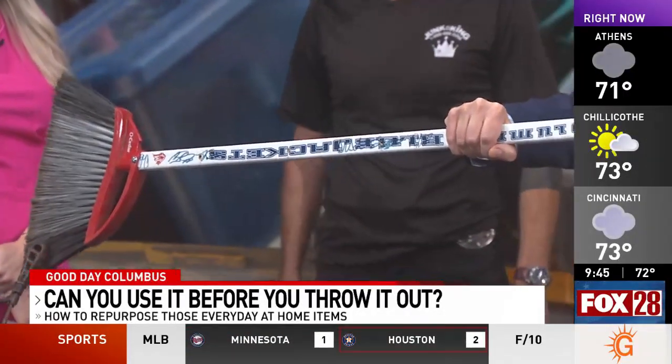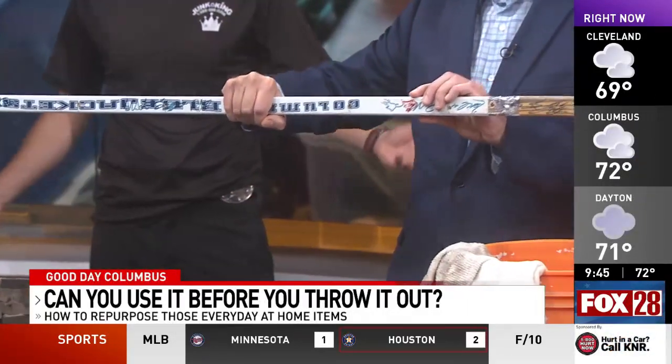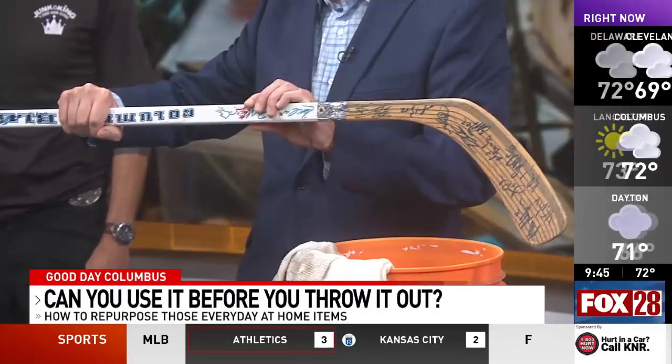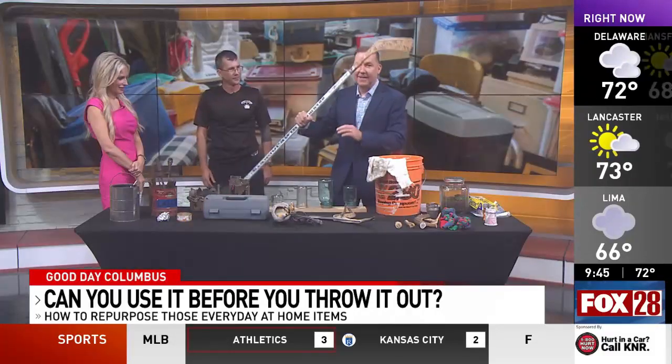We break a lot of handles. Yeah. And we get a lot of brooms because the handles are broken. Yeah, but the broom is just fine still. Yeah. And you're like, hey, if you don't want this hockey stick anymore, there you go. You use it, and now I'm going to...